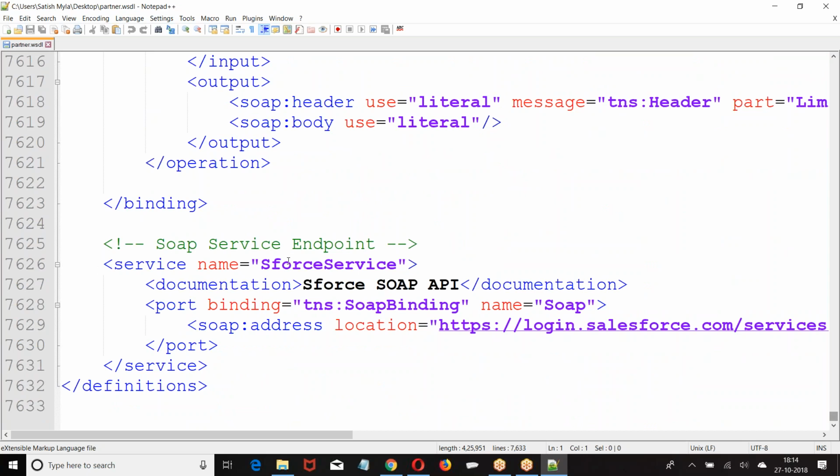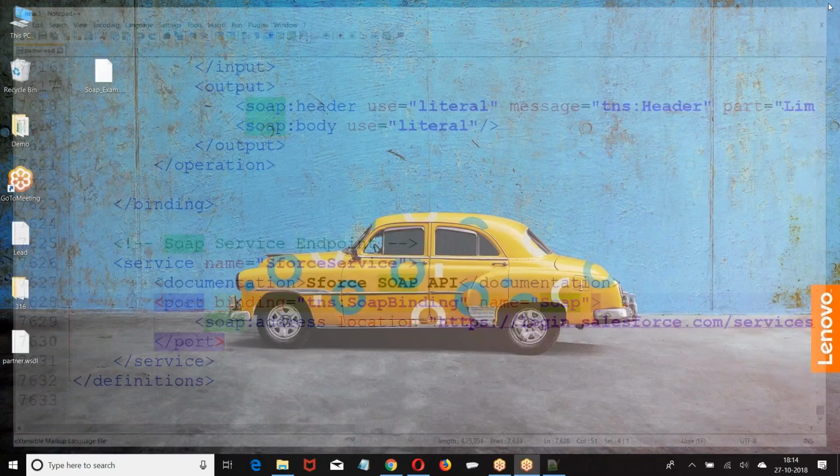This is the main class, right? Service. In the service class, what is the main class? The class in which web services are defined is defined as a port. What is the name of the port class? Your required methods are defined in the class called SOAP.